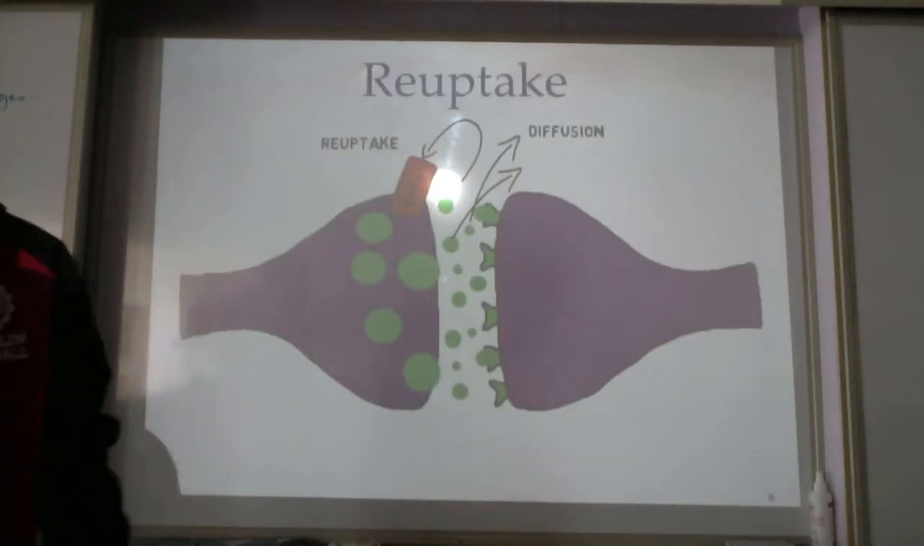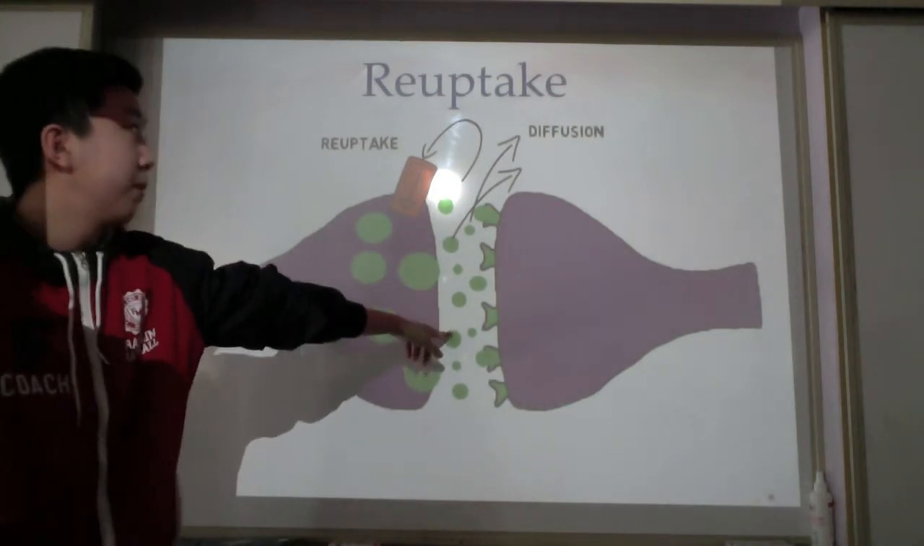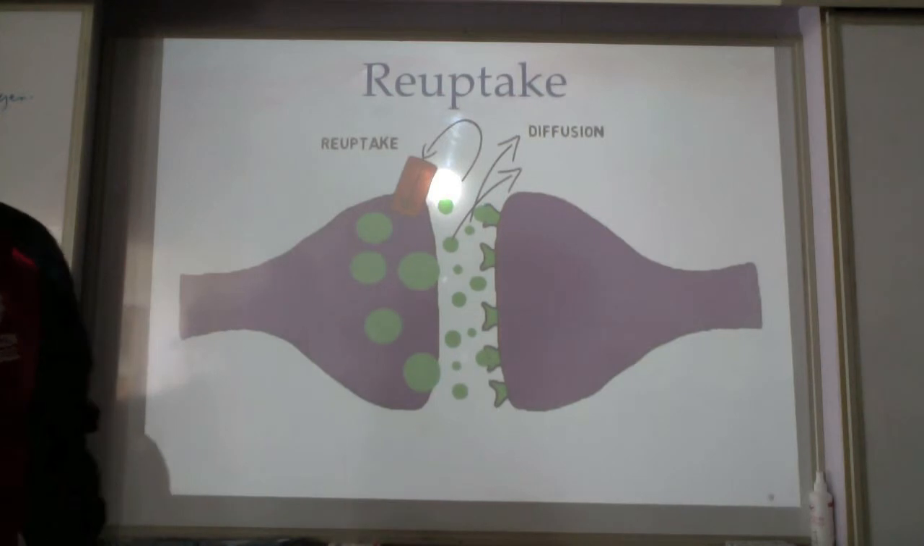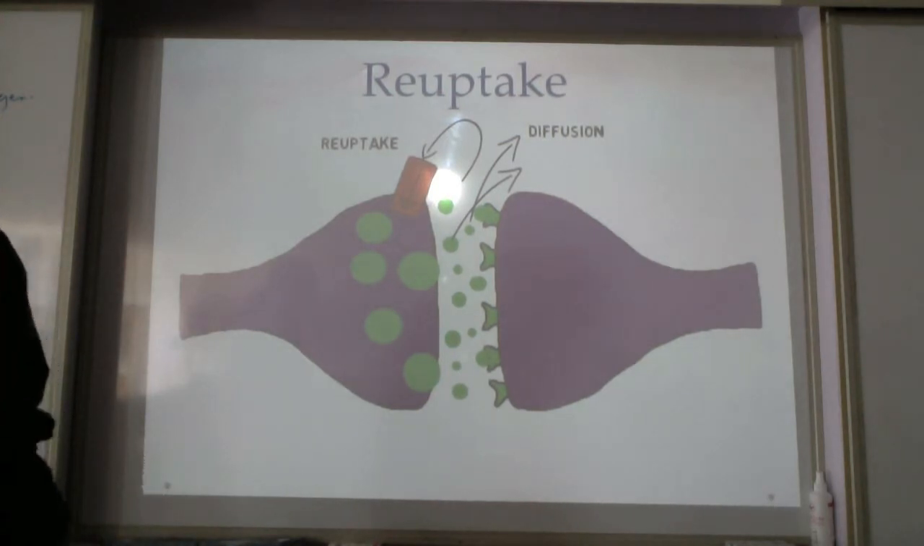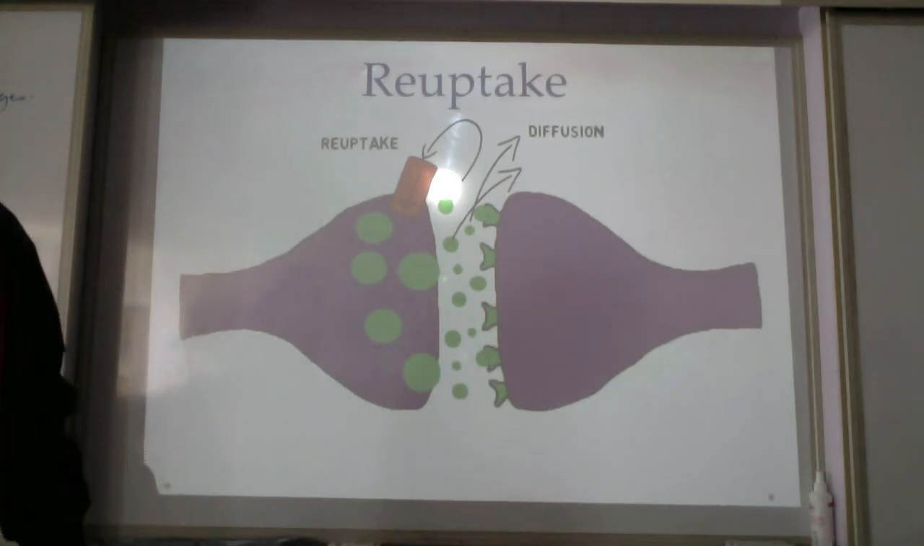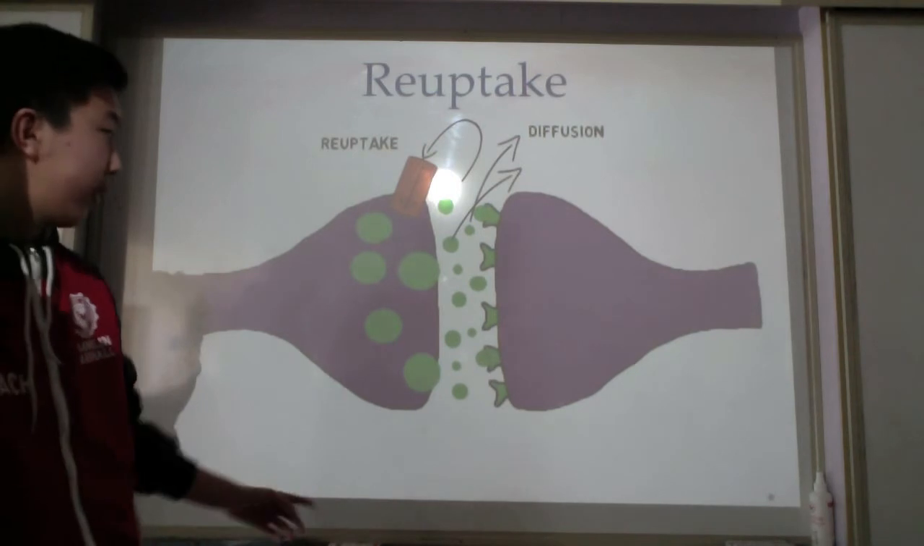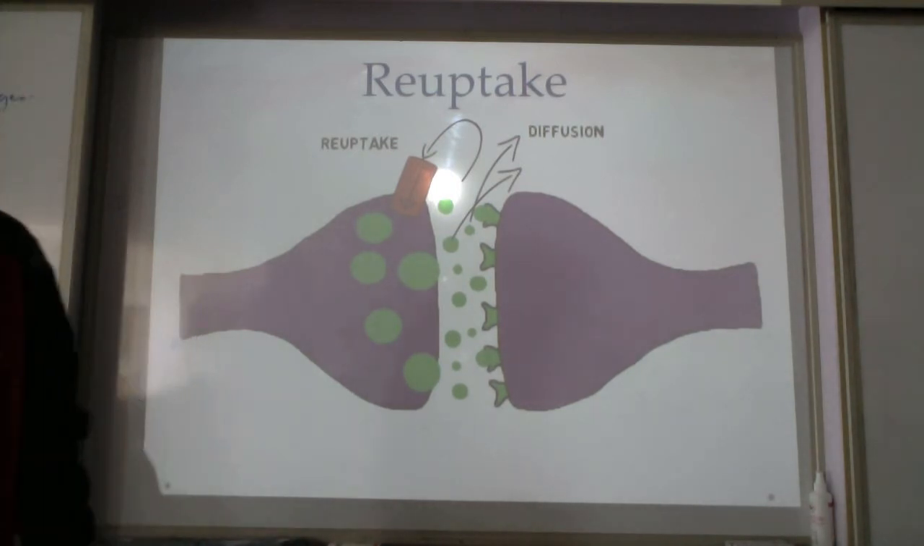So the neurotransmitters that were used here, then some of them drift away by diffusion. Some are retaken by the presynaptic neuron through these pumps, which can be used again for another nerve signal. And some are broken down by other enzymes, so they can be reused for other